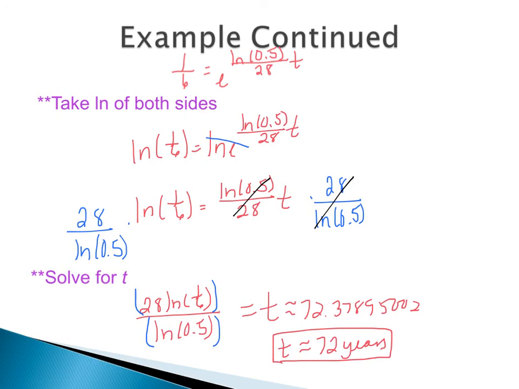And you do want to think of this in a logical manner. If it takes 28 years for 60 grams to decay to 30 grams, we need to get to 10 grams. Another 28 years would take it from 30 grams to 15 grams. That means that it would take 56 years to get down to 15 grams. Another 28 years would take it from 15 grams to 7.5 grams. Well, that would bring us to 84 years. So between 56 years and 84 years, we're decaying from 15 grams to 7.5 grams. So 10 grams would be between that. So it does make sense that the 72 years is somewhere between the 56 years and the 84 years.